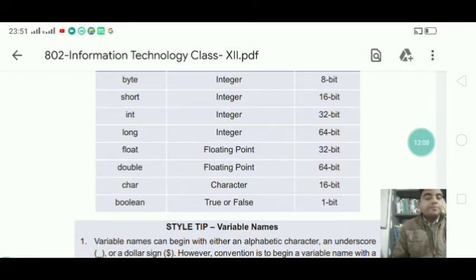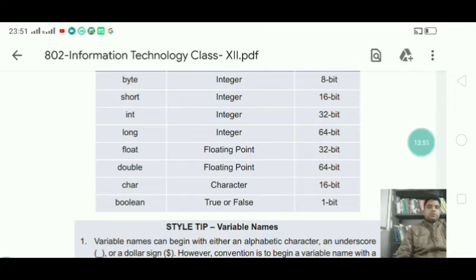Next is the float data type. It can store your floating point or fractional value, up to 6 to 7 decimal digits, and to store the value you need 4 byte.